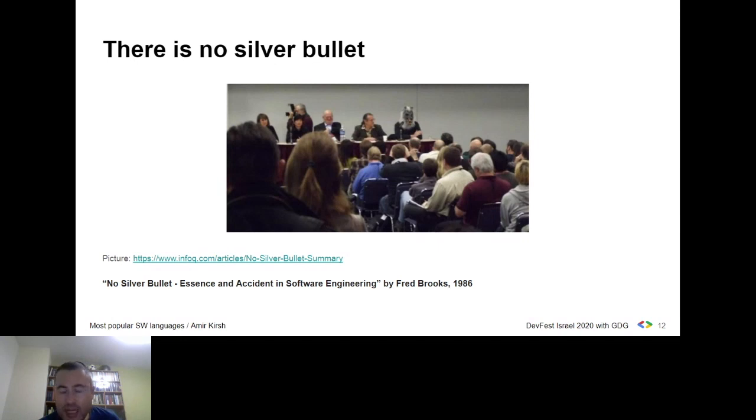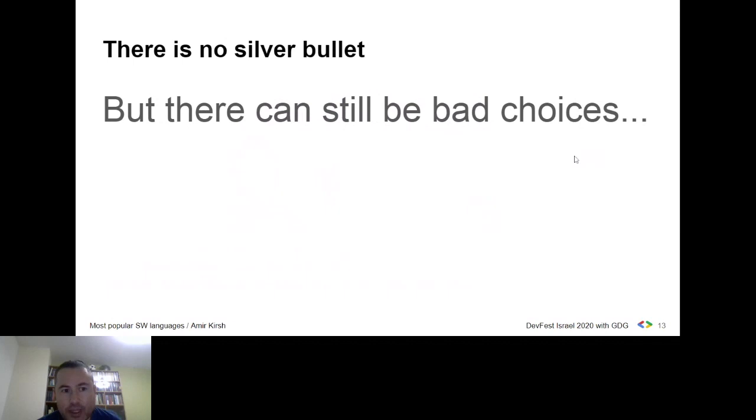But there can still be bad choices. So even if you say, okay, there is no silver bullet, there are many bullets that would not hit at all. So what should we avoid? Well, taking again the metaphor of the ice cream, we should not take a technology that is still experimental or not well accepted. So if you are hearing about something new and you want to test it, that's nice. But if nobody is talking about it, don't rush and put your $10 million project on that.